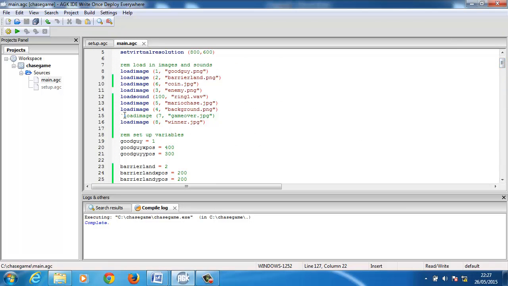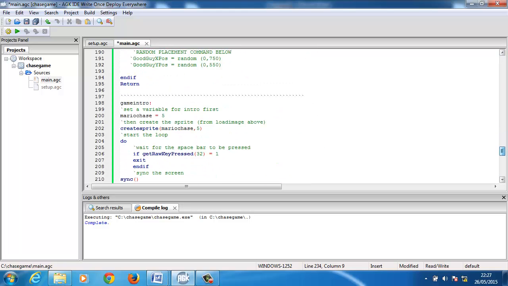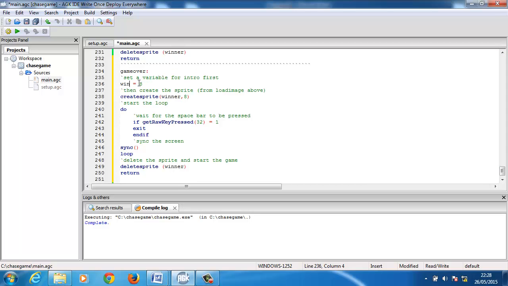So this time I've got the image ready, load image 7, game over JPEG. So it's pretty straightforward. It's another cut and paste. And I'll call it game over, and my memory failing, game over. Then I remember it's number 7, so it's game over 7. Game over 7, and finally here